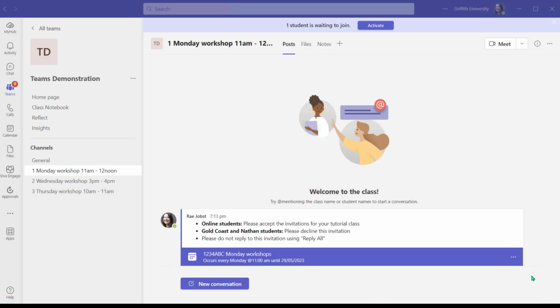We're now going to adjust some settings for the meeting to make things easier for us and for our students. The first thing we're going to do is adjust the request of responses from students. Here we see the big blue bar in the Teams channel that represents our meeting. We click on the bar